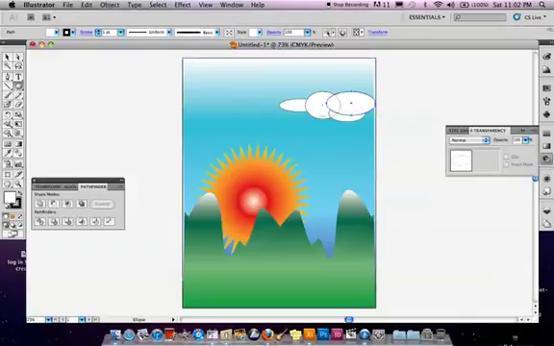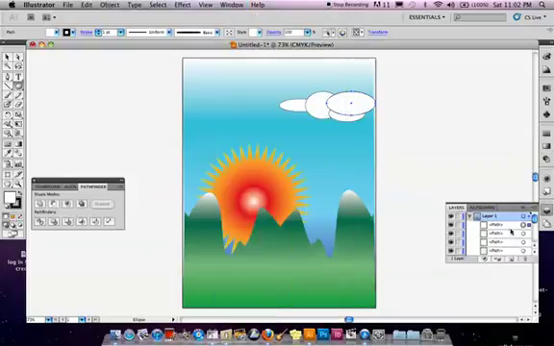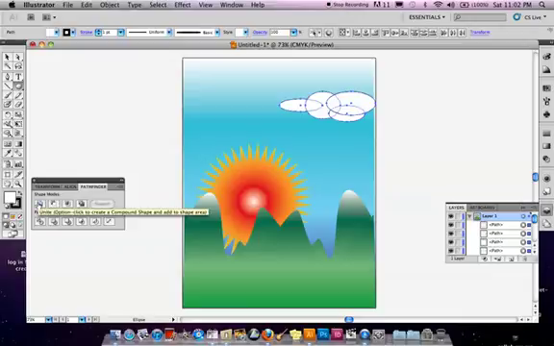Okay, and so what I want to do now is get all of those. So again, on my layers, I can find all of them right there. I can get them all selected. And I'm going to go back over here to Pathfinder and make them all into one shape. And then I'm going to put